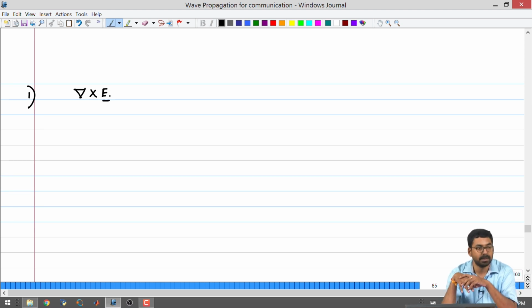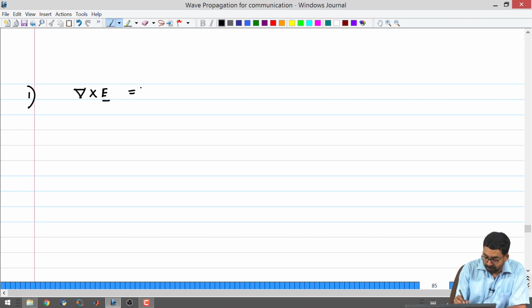Specifically, we want to analyze what a material medium will do in general. At high frequencies, how do they behave? At low frequencies, how do they behave? So we have to introduce the frequency. So del cross E is then written as minus j omega mu naught mu r H.